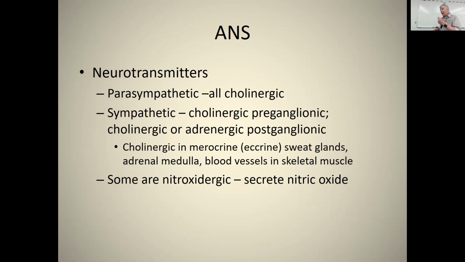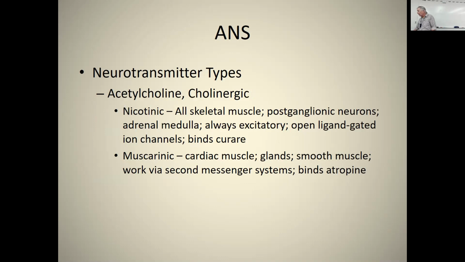And some are actually nitroxidergic, secreting nitric oxide. Okay, so these neurotransmitter receptors fall in different categories. It's actually much more complicated. We're just going to go into a couple categories for acetylcholine, and that is nicotinic receptors and muscarinic receptors. So nicotinic: all skeletal muscle, postganglionic neurons, adrenal medulla. It's always excitatory, opens ligand-gated ion channels, binds curare,